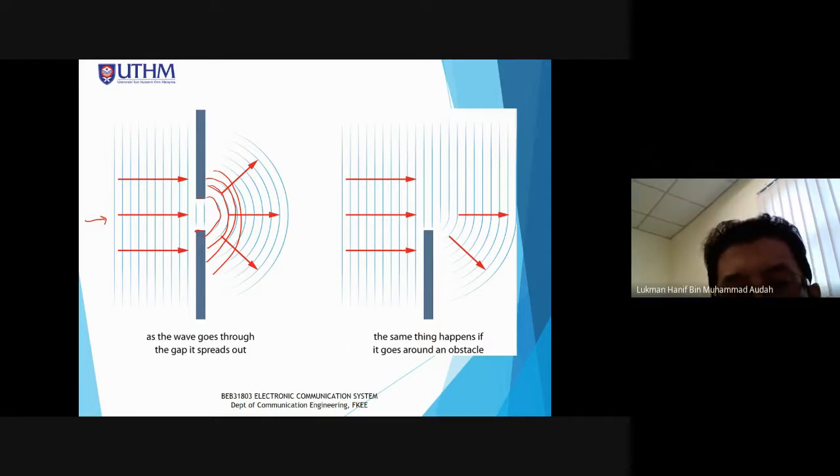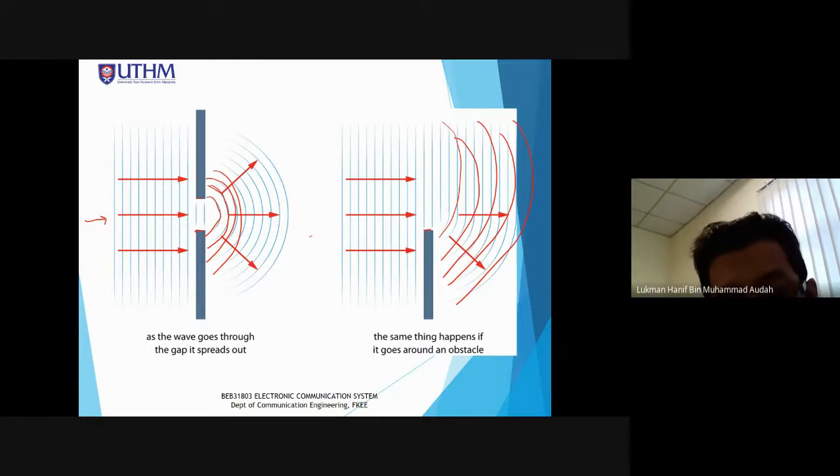Sama juga kalau gelombang itu melanggar bucu objek. Okay, bucu objek gambar sebelah kanan ini, so it hit the edge of the object. And what happened is that the energy will be distributed, okay, like this. So ini adalah dia punya diffraction. Ini adalah fenomena diffraction. So kamu bayangkan bahawa gelombang itu apabila dia bergerak daripada transmitter kepada receiver, of course dia